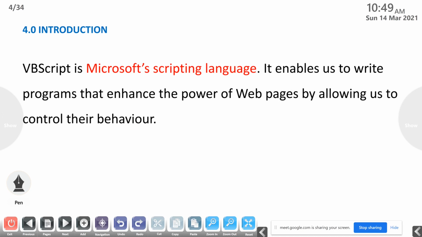And first part, that is introduction. A VB script is Microsoft's scripting language. So this VB script is developed by Microsoft. I think all of you are familiar with this Microsoft.